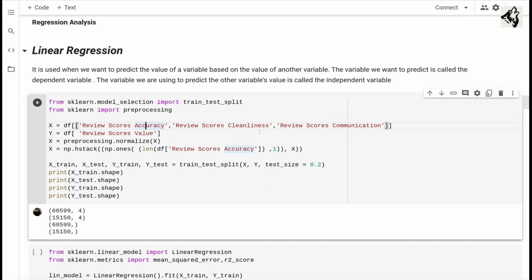Now let's explain what these three values are. Review scores accuracy is basically how accurate the listing was described compared to how it turned out to be. For example, guests should be able to find up to date information and photos of the listing.